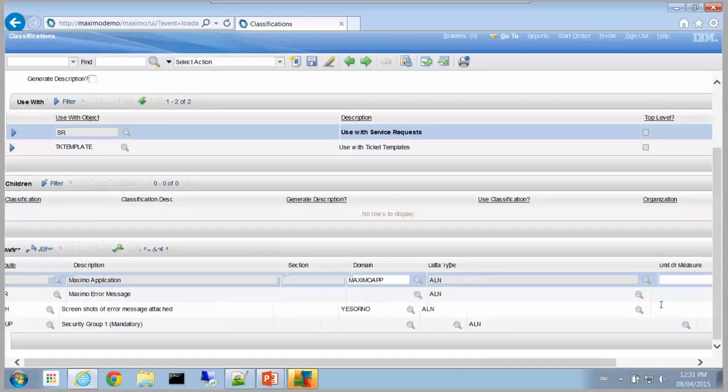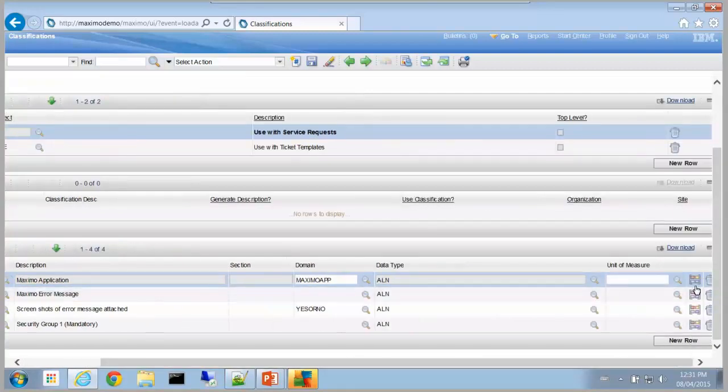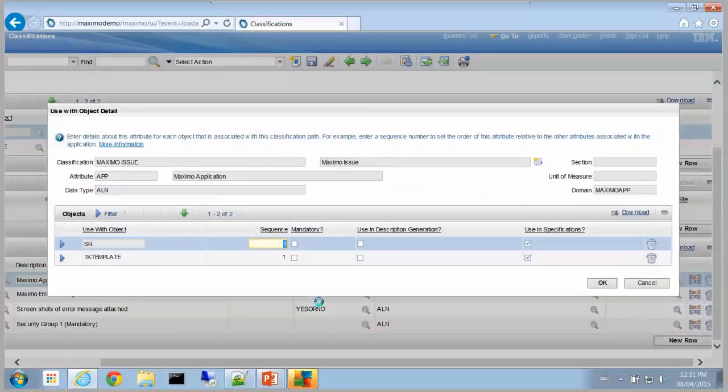Now, over on the right-hand side, you have this little icon, which is the use with object detail. What this allows you to do is, as you're defining your attributes, define the order that the attributes will display when they are in the specifications,